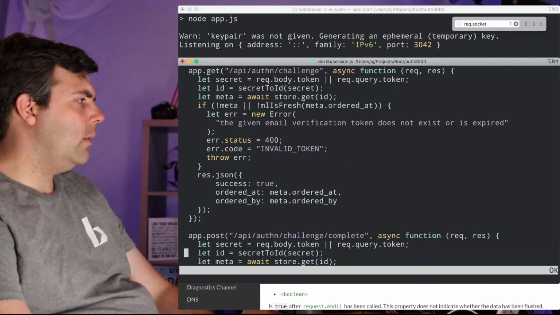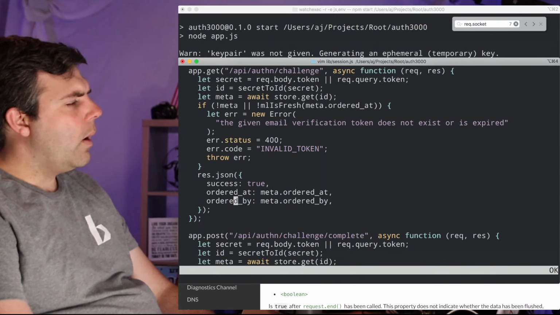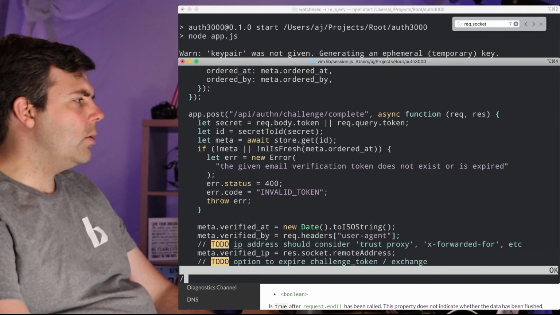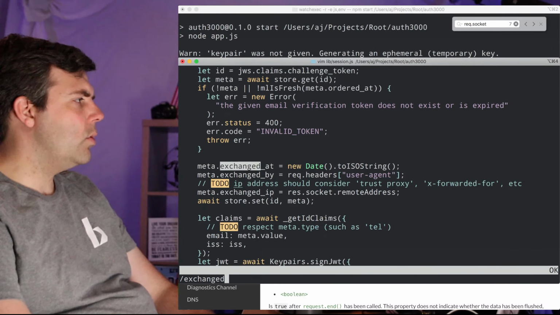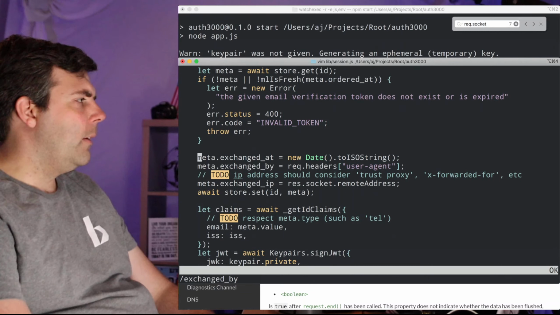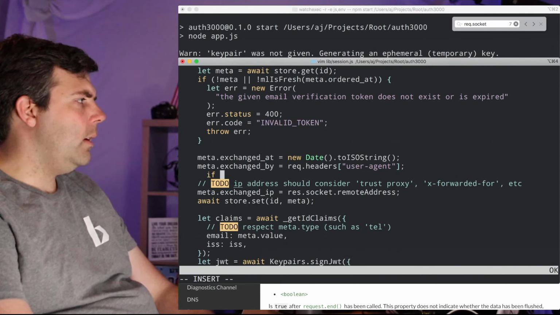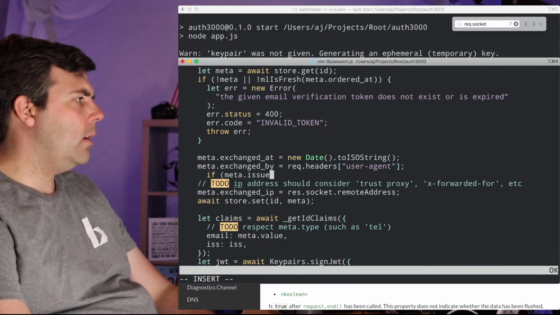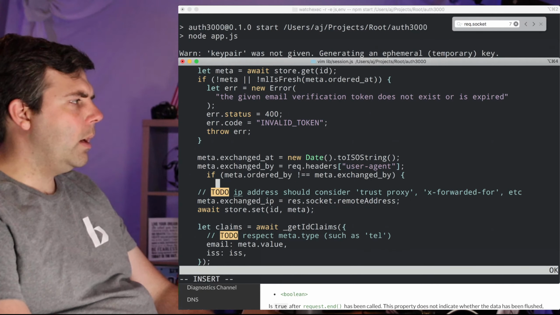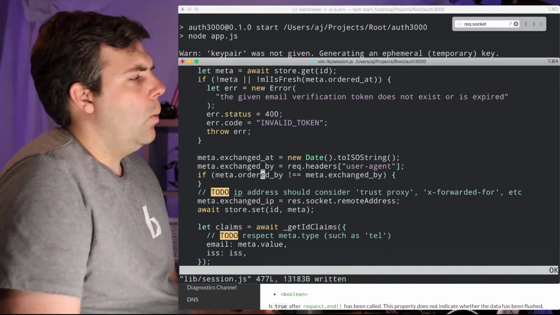Okay, so when I get this, I should be able to see who it was ordered by. And who it's ordered by should be the one that's doing the exchange. So if we go back to look at exchanged by, really, what I would say is if meta.issued or ordered by is not exactly equal to meta.exchanged by, then we have a problem, because it just wouldn't make sense that one